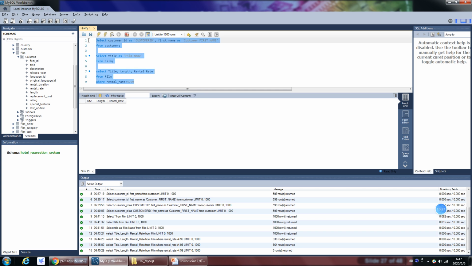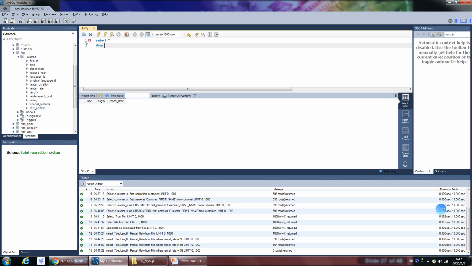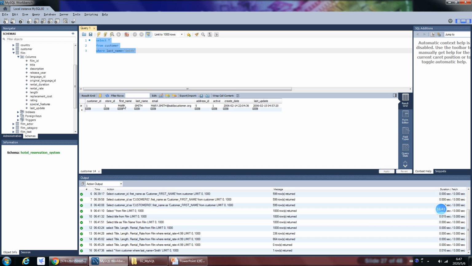I'm going to delete this and write my next query. Select star from customer where last name is equal to Smith. Select and execute. So there is one guy whose last name is Smith, and you can see that guy